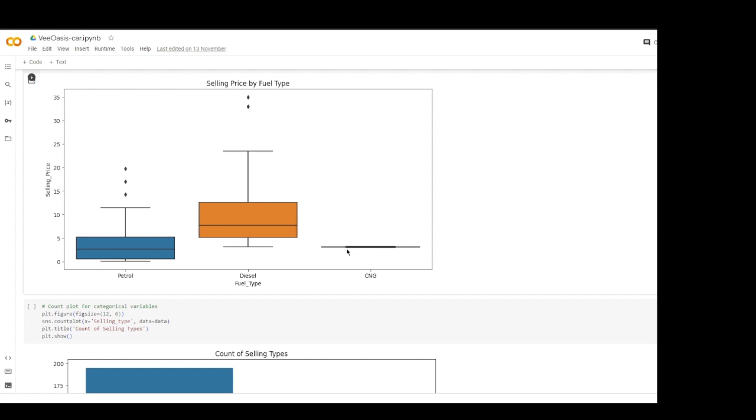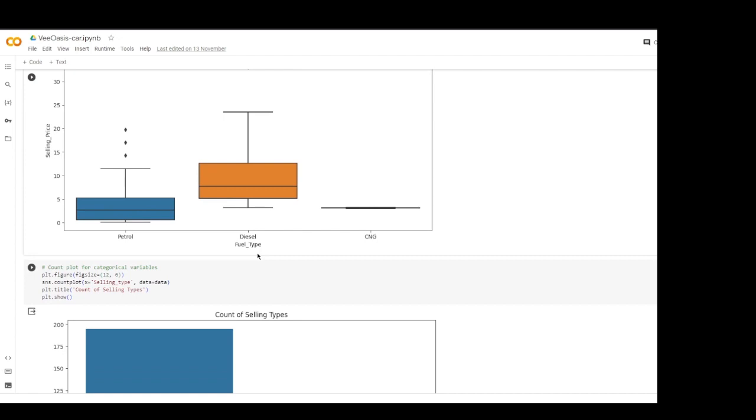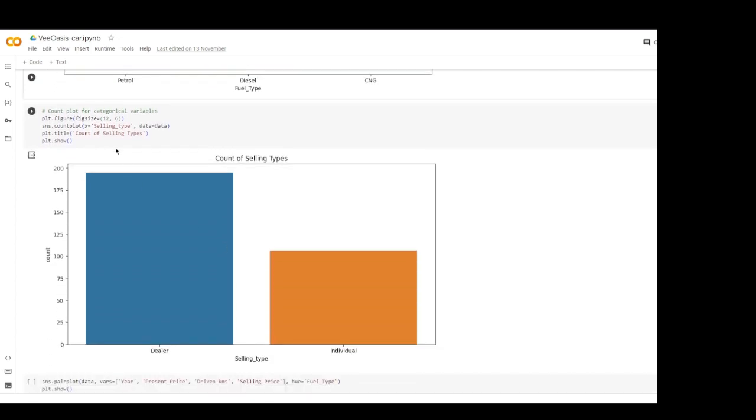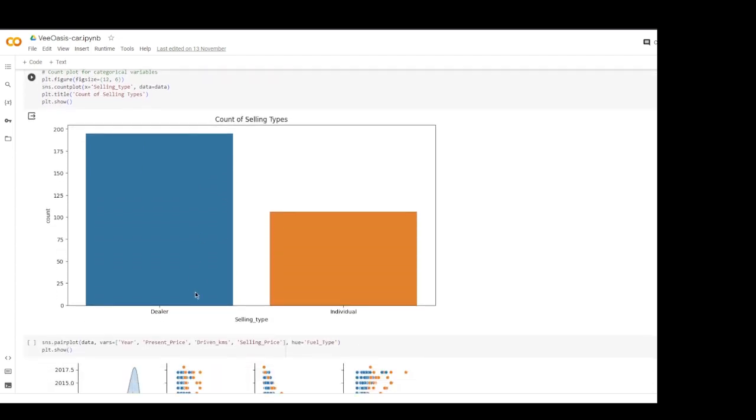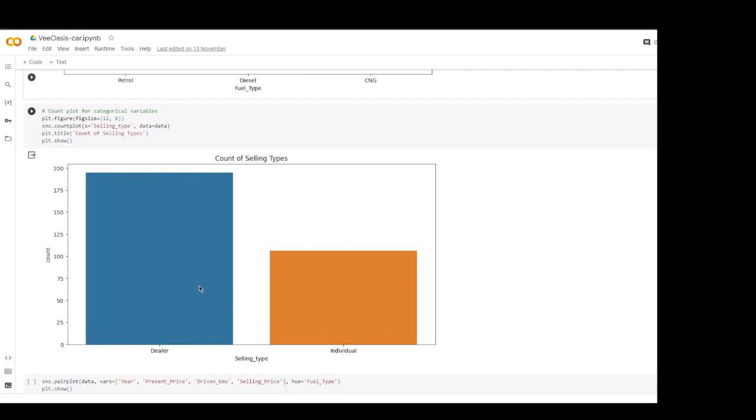The selling price was between 0 and 5, so about 2.5 might be the selling price, and over here it might be around 7.5 for the diesel ones. So diesel cars were highly priced. For the categorical count plot variables, we can see that most of the people prefer dealer